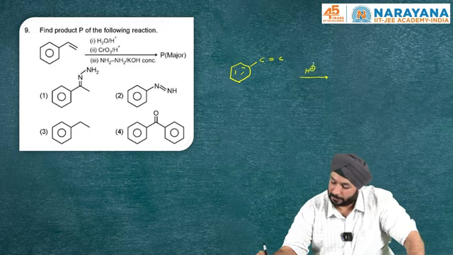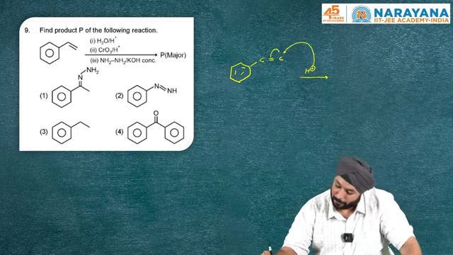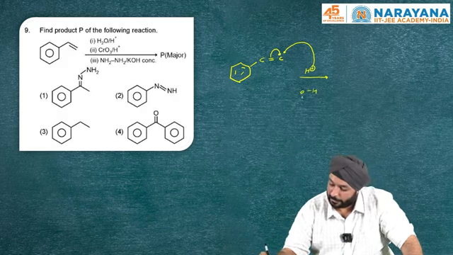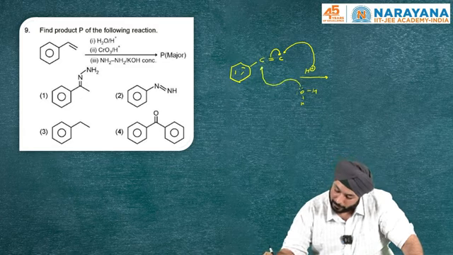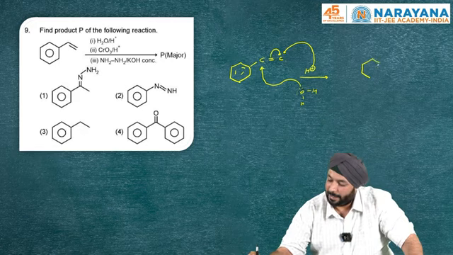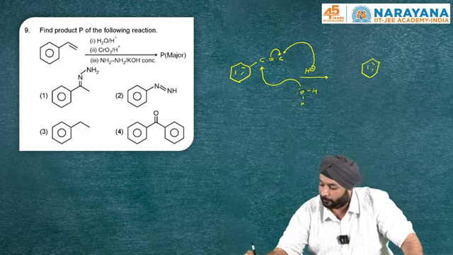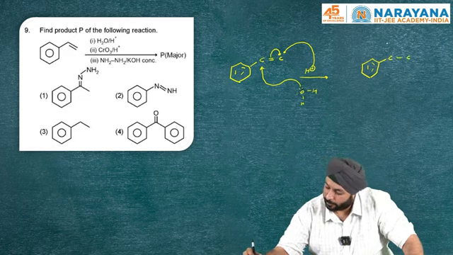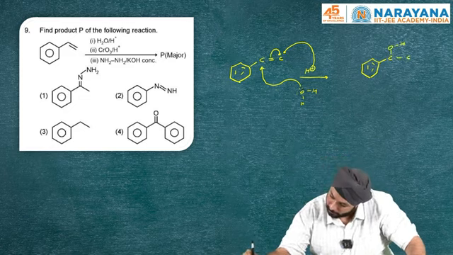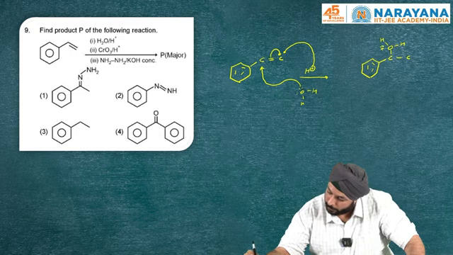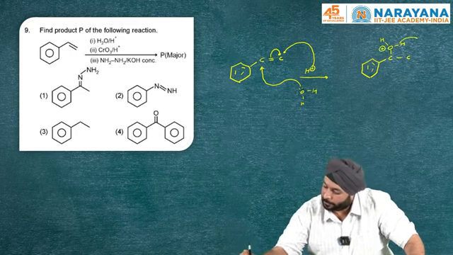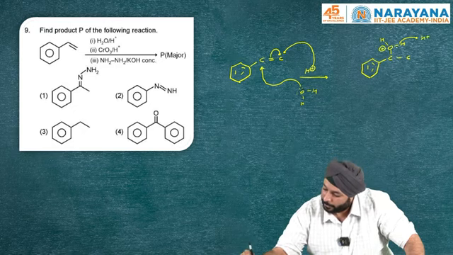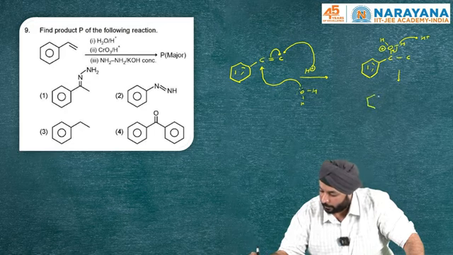Here H plus will attack this carbon, the pi electrons will shift, and in the resulting carbocation, this water molecule, which is a nucleophile, undergoes addition, resulting in the formation of O positive H. You know that H plus will leave, and O positive will gain the electrons toward itself. So the final product of the first part will be a benzene molecule,